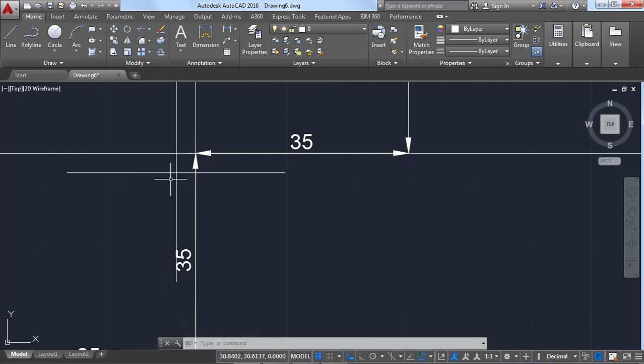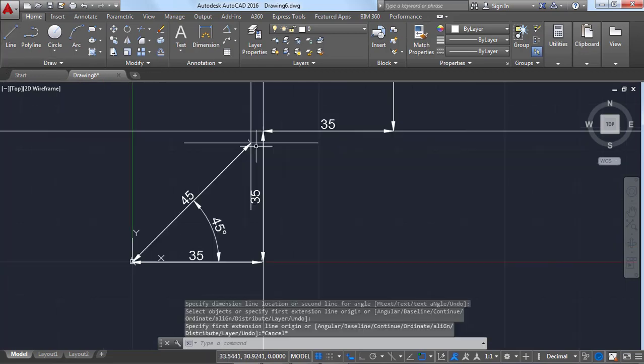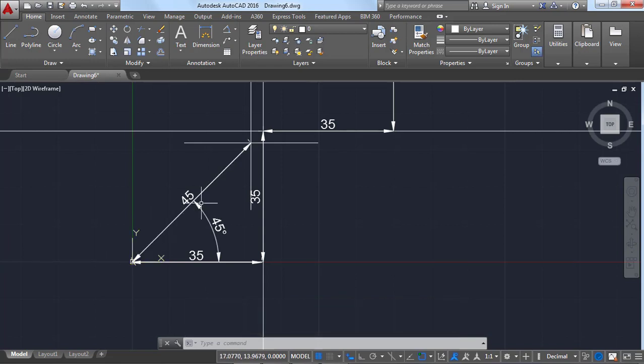A point is created which is 45 units distance from the origin point, and the angle is 45 degrees, making an angle to the horizontal, the x-axis. This is the point which is created with a distance of 45 units from the origin and with an angle of 45 degrees with the horizontal. This is how we can plot the point in the polar coordinate system.